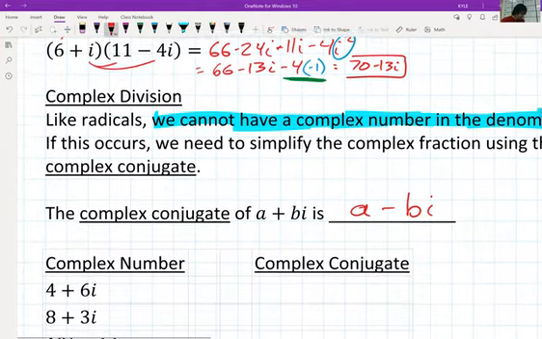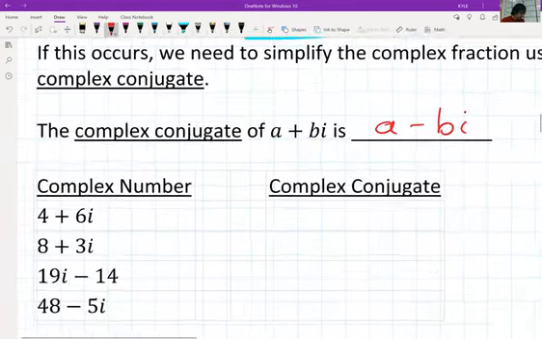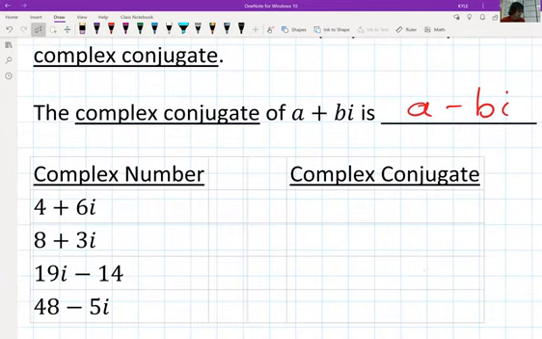So right here, just to make sure we understand the concept, what is the complex conjugate of 4 plus 6i? Well, that would be 4 minus 6i. 8 plus 3i, 8 minus 3i. And here's the one that I tried to trick you on. 19i minus 14. Remember, to get the conjugate, we need to switch the sign of the imaginary part, which means